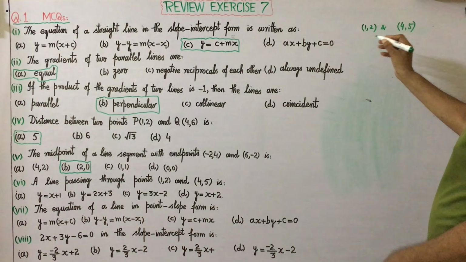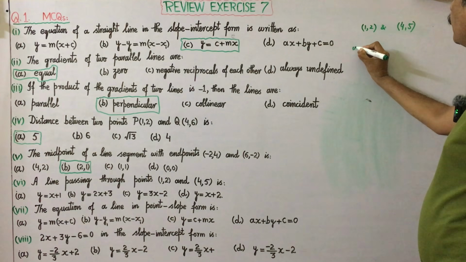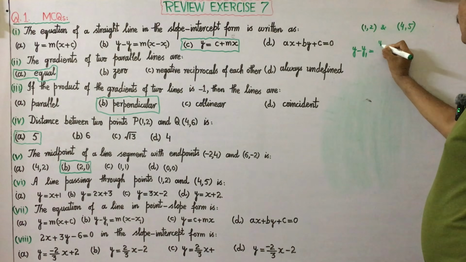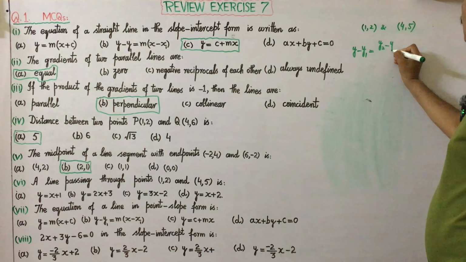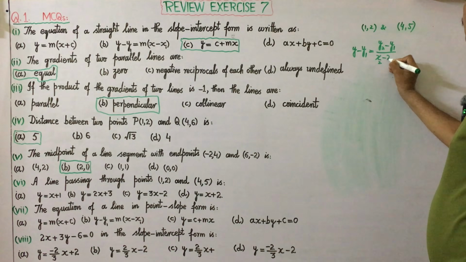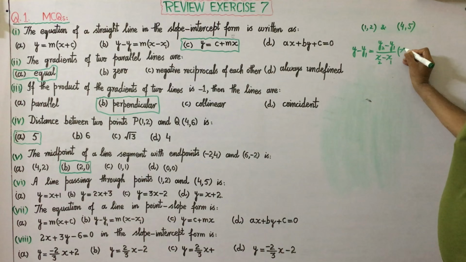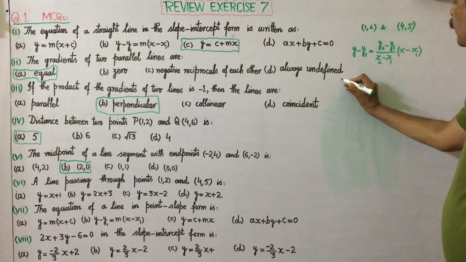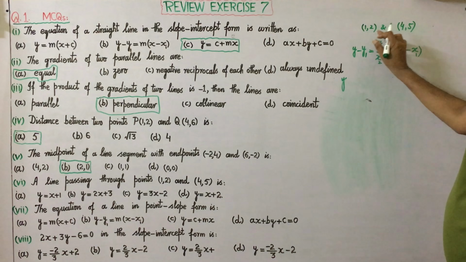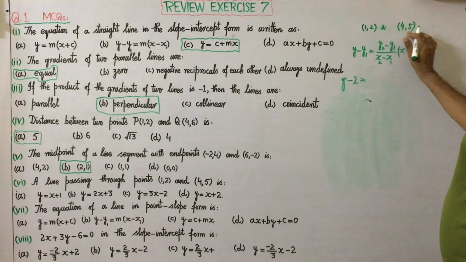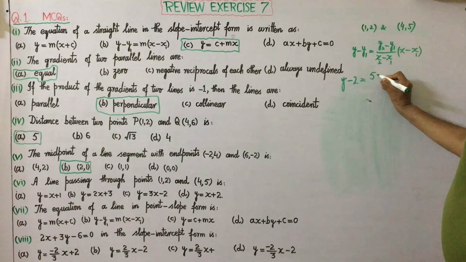The 2-point form of equation of a straight line is y minus y1 is equal to y2 minus y1 over x2 minus x1 into x minus x1. Y as it is, minus y1 is 2, is equal to y2 is 5 minus y1